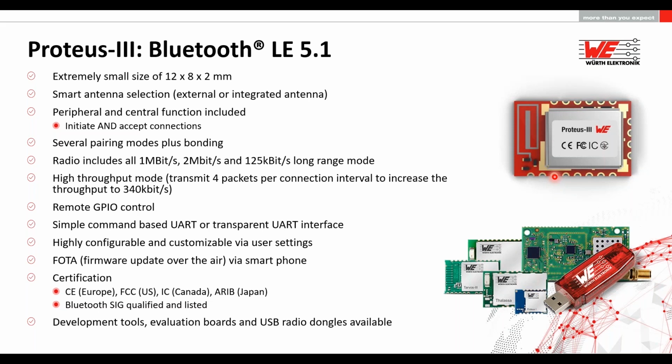So let's say you have a small switch to operate through a relay, and you need to turn the switch on and off. So you can connect the module to your device and connect the GPIO to the switch. And for example, on the Proteus-III, you can connect to a smartphone and switch the light on and off directly through the pin without actually even talking to the host microcontroller. So this is really a big advantage of using the remote GPIO control feature.